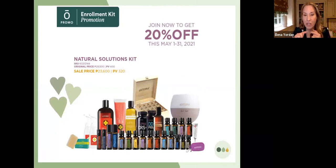It has your essential oils, it has your On Guard foaming hand wash, your toothpaste, you've got your body wash in there, you've got some of your supplements, you've got your fractionated coconut oil, soap, a box, and a partridge in a pear tree. It is a wonderful kit, and if you can get it now for 20% off, I